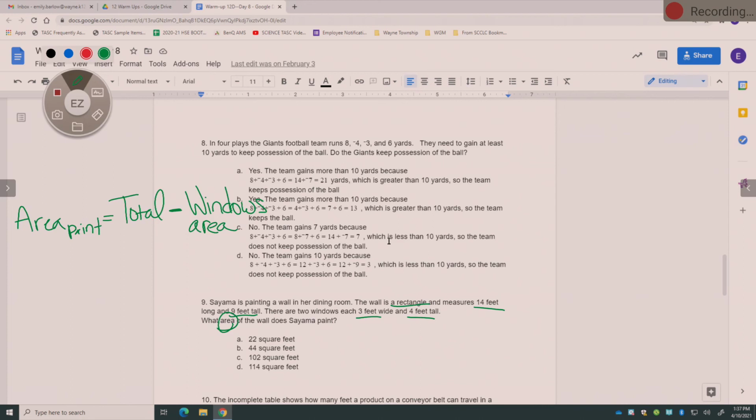So my total area of a rectangle is width times length. Let's draw a picture. So it's 14 feet long and 9 feet tall. And it has 2 windows in it that are 4 feet tall and 3 feet wide. So each one of these